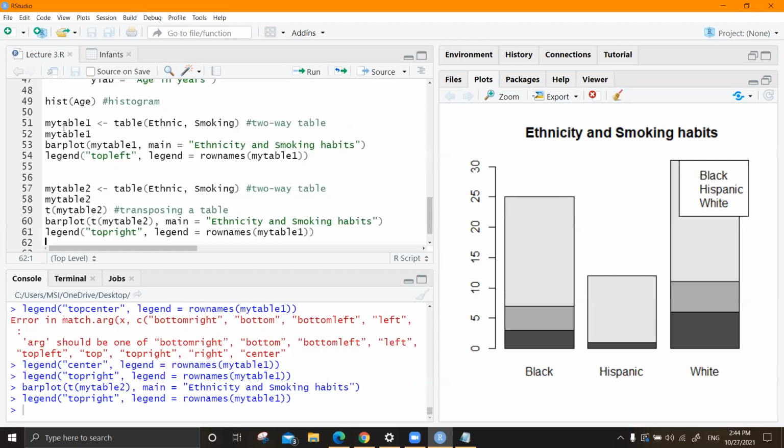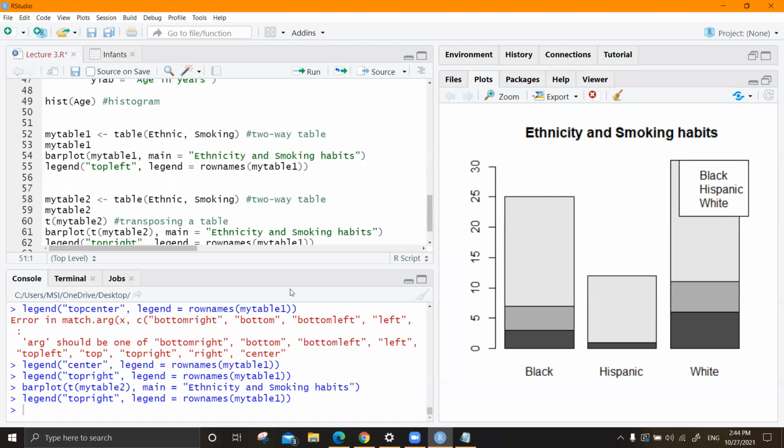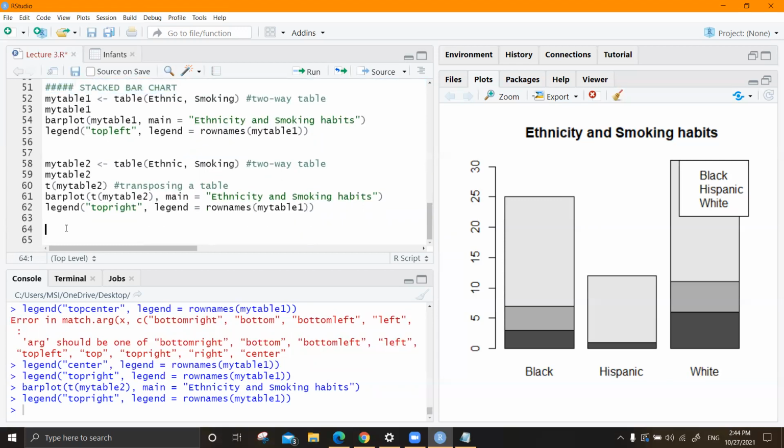So this is a stacked bar chart. I'll write it here. Okay, just like that, we can look into the multiple bar chart.